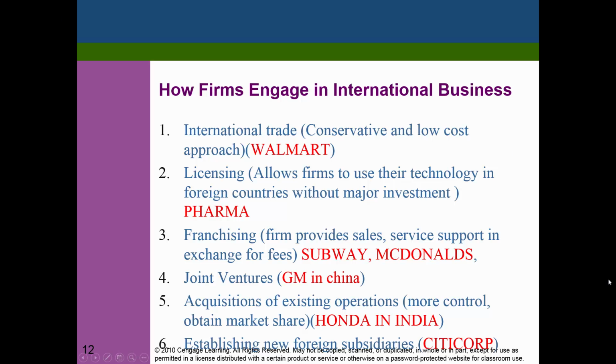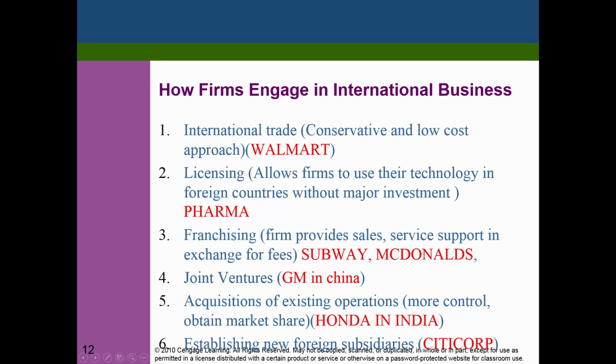Now a fourth way they can do business is by joint venture. So for example, if you look at GM, they go to China, they go to a lot of other countries, and especially in China, the Chinese government says that GM or any other car manufacturer is not allowed to open operations directly. They always should have a local partner, and in this case what we see is that the business is set up between the US based company, which is GM, and a local partner that could be somebody like Geely Automotive and so on. Okay.